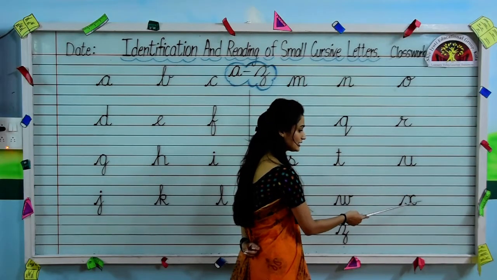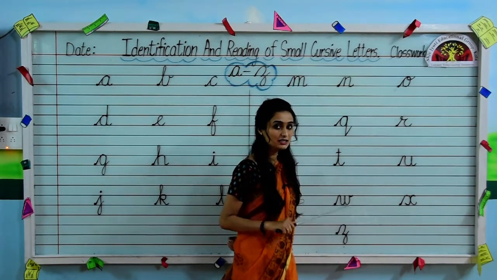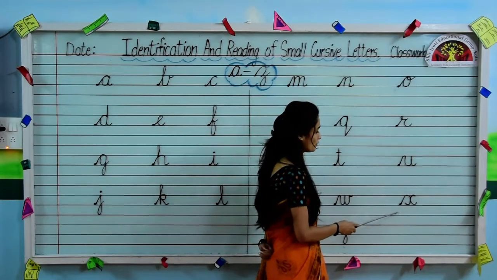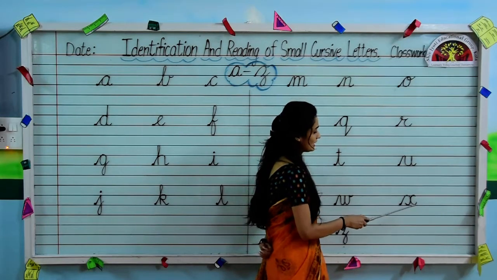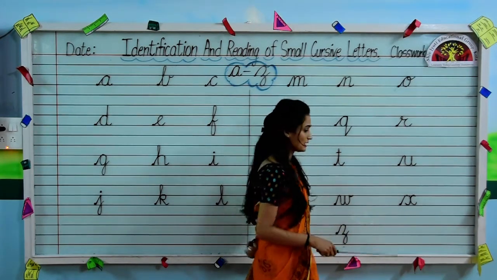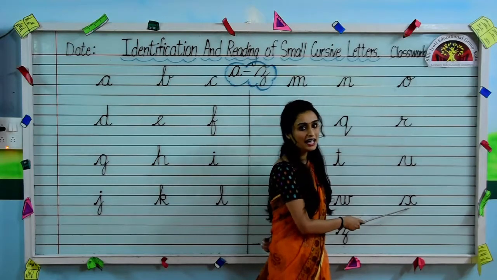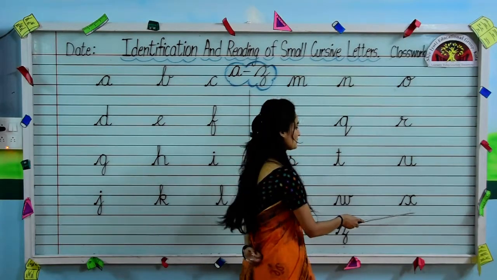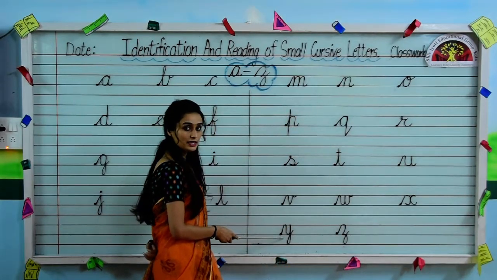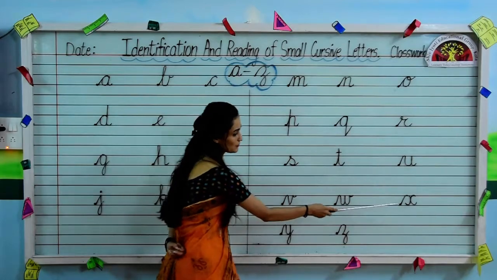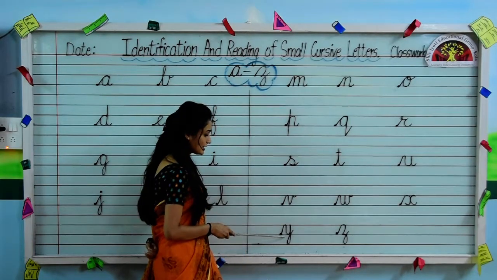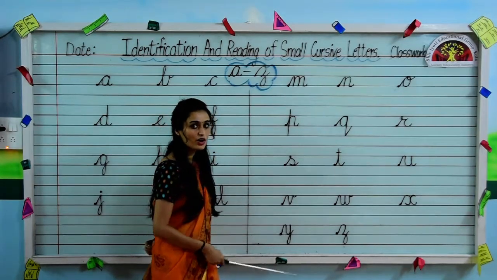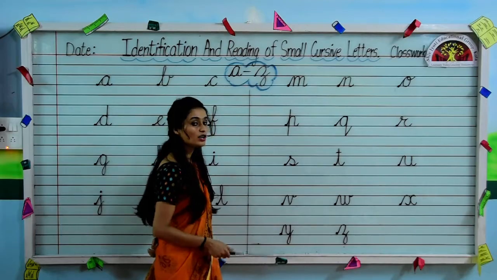Now jump on the next letter and tell me fast which is this letter? This one is X. First a slanting line, then a curve, then again a curve in the opposite direction. Okay, this is letter X. X for Xmas. Very nice. Now tell me which is this letter kids? What comes after X? The next one is Y. Y for yak.